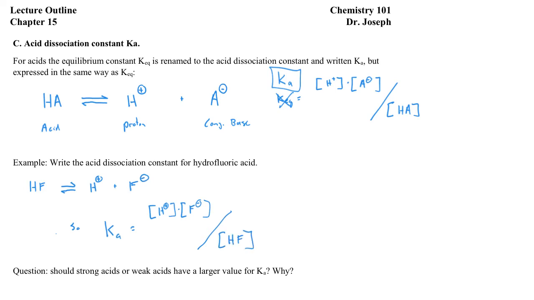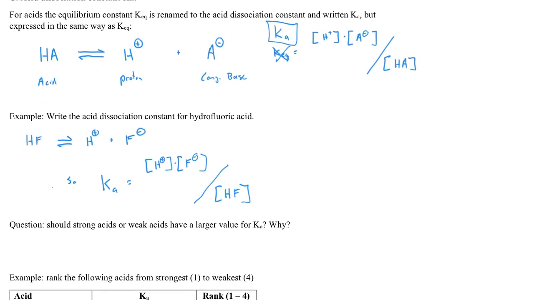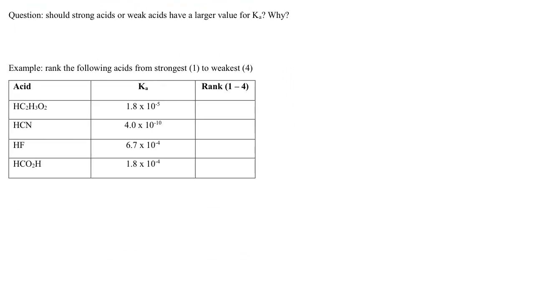So now that we see that Ka is very much analogous to KEQ, can we answer this question, which is, should strong acids or weak acids have a larger value for Ka, and why? So this is a good question. Let's just kind of apply our standard logic to it. So we know that Ka is the ratio of the ions or the product to the unionized form or the